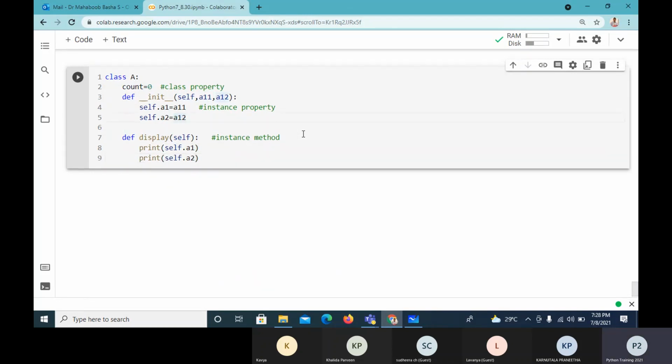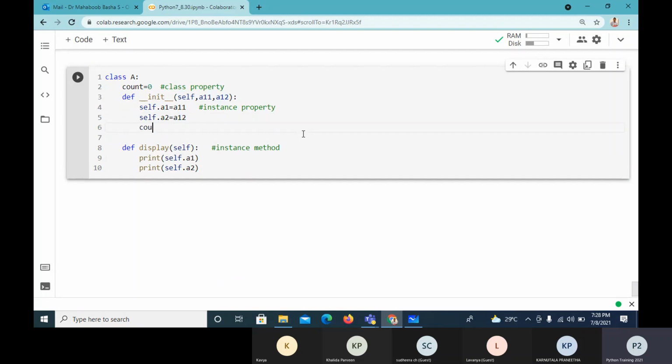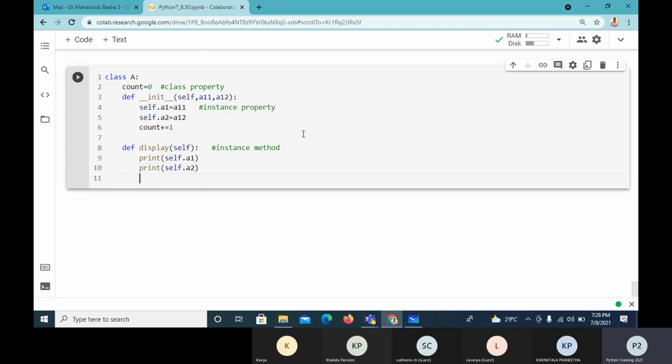Now here, each time an instance is created, I'll increment count, count plus equals 1. So I can refer to it with count plus equals 1. Then I'll say printf. So there is one instance method, there is a constructor, there is one class property.